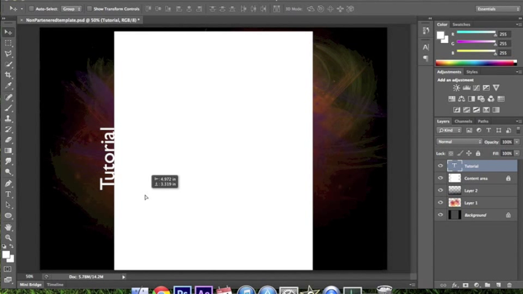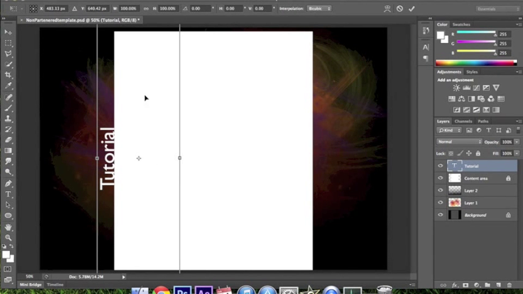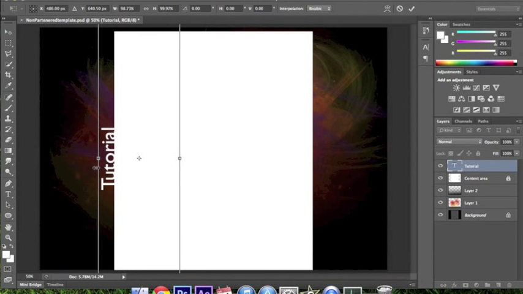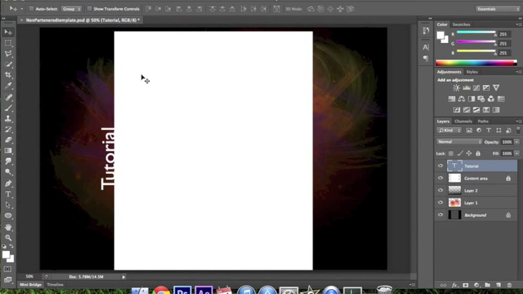You've got tutorial. Now if you wanted to make that bigger, you could just go from your transform tool and make it taller or whatever. But I like it like this. Put it like it's embedded into the channel. So we'll go tutorial like that. Okay, so now if we wanted to put it behind our other layers, we could put it like this and it would look like it's behind the color. Or if we just wanted it behind the gradient, we could put it like that. But I think we should leave it outstanding like this today